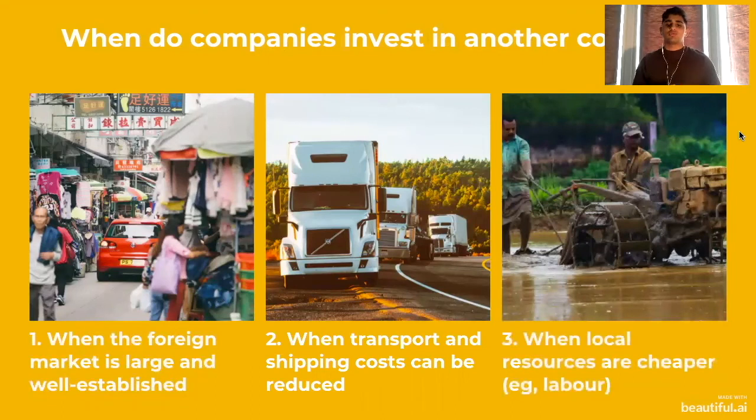And number three is when local resources might be cheaper. Paying someone in the USA minimum wage, which is what, $8 to $10, is much more expensive than paying minimum wage in Thailand because the cost of living is so low, right? So you could easily get more work done at half the price with Thai labor, for example. Or perhaps some other resources are cheaper. So if he's making green tea, perhaps the green tea leaves are cheaper in Thailand, maybe source cheap tea leaves in Thailand. Or perhaps water is cheaper, I don't know. So a company will weigh all of these things into account